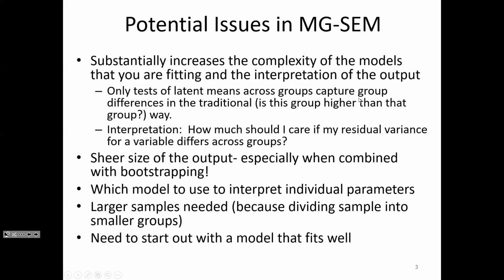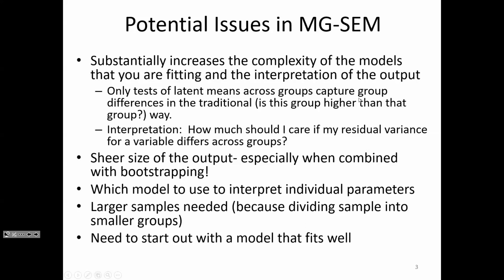The methodologist can say, this is what it means, right? But depending on what your research study is, what you're doing, what's the degree of non-invariance, what are you trying to accomplish in your study, et cetera. In some research scenario, I might not care that I have a residual variance that's a little different across two groups. But in another research scenario, that might be critical. This might be really a big deal.